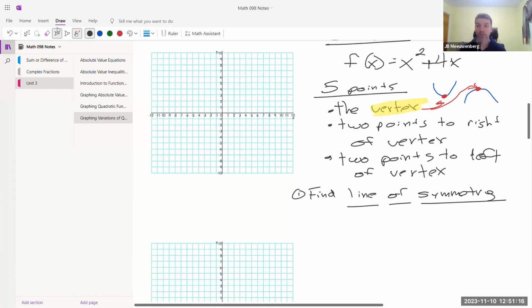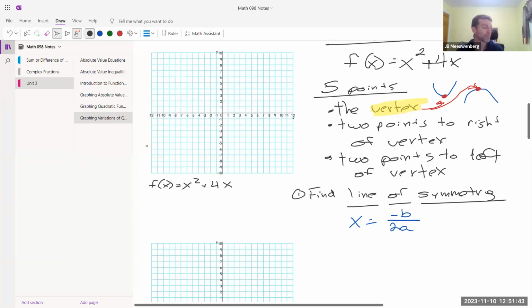Okay, so here's how we do that. There's actually a formula, an equation that tells you how to find the line of symmetry. You're going to need to know this. It is x equals -b over 2a. Negative b over 2a. What in the world does that mean? Well, let's go back to the original function that we're working with. F of x is equal to x squared